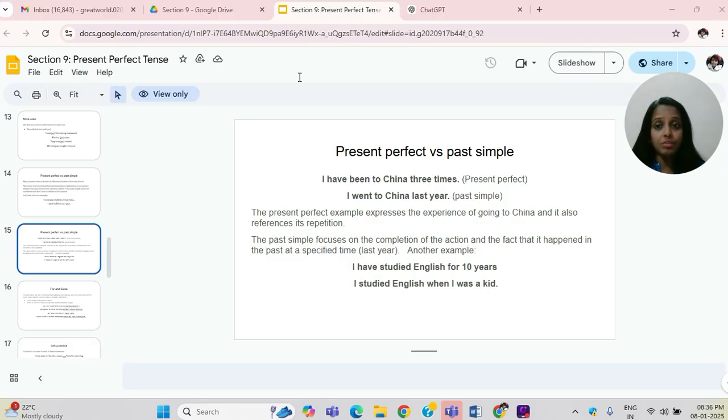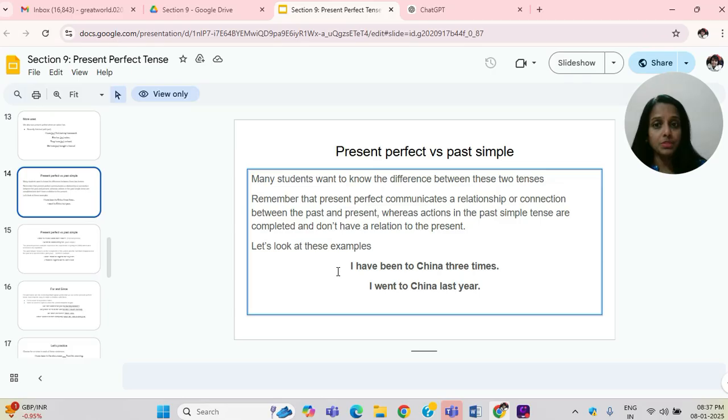The present perfect connects a past action or experience to the present moment. So it highlights that the event has relevance now, even if it started earlier. Example, I have been to China 3 times. So here, this sentence is in present perfect tense. It tells us that I have been to China at some points in the past, but the experience is still